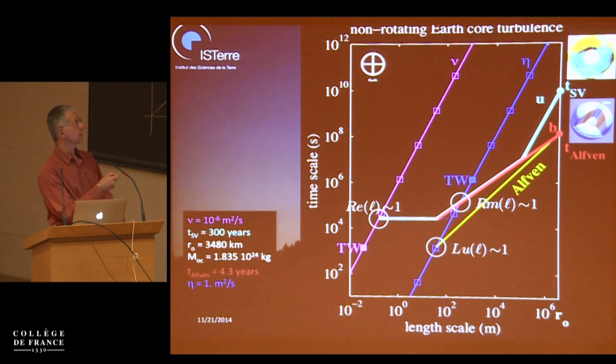So here I jump now to the Earth, where we have a bit more constraints, let's say, because we have some constraints on this timescale I mentioned, the timescale for secular variation of about 300 years. That's what we derive from magnetic field variations. And I will show in a minute that we also have some constraints on the typical magnetic field inside the core from the observation of torsional oscillations. So we have these two timescales.